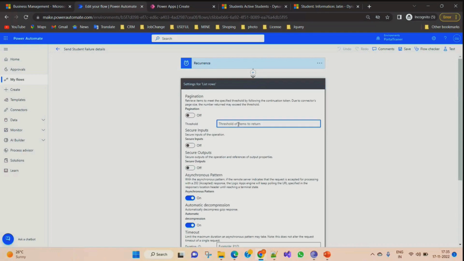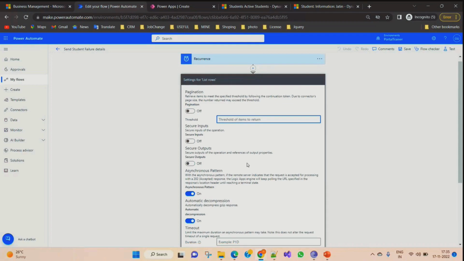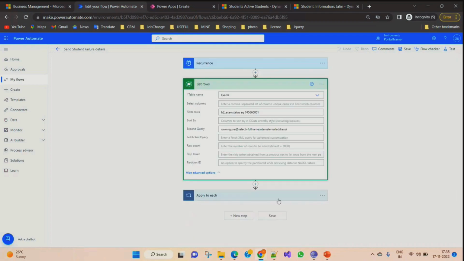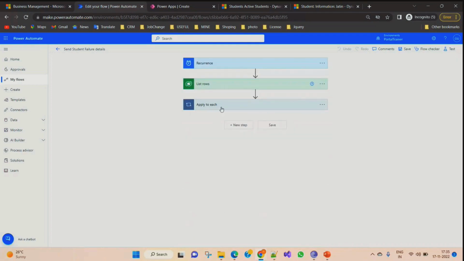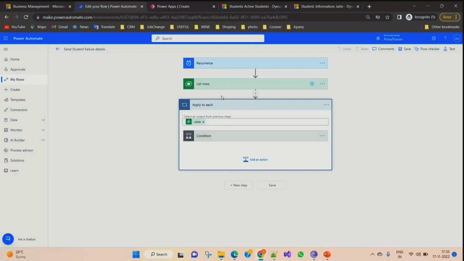This is used whenever you want to work with records and you need more than 5,000 records. You can use all these things. Please explore all these things, and you can see Apply to each. Here I am getting exam details, and I am using Apply to each, which will get all the failure